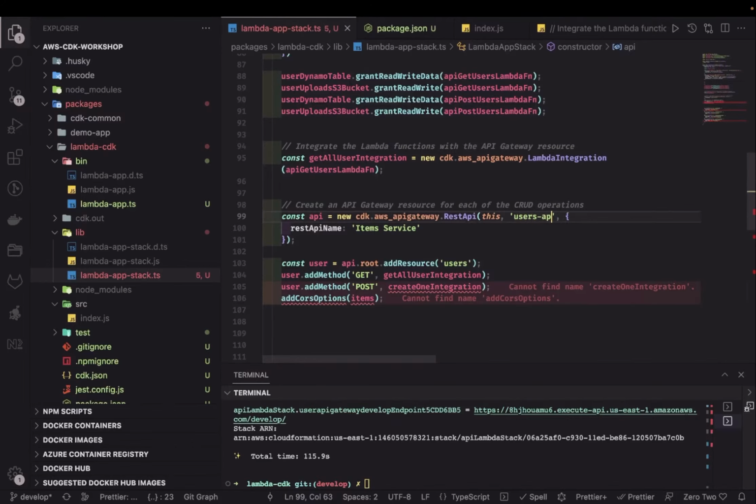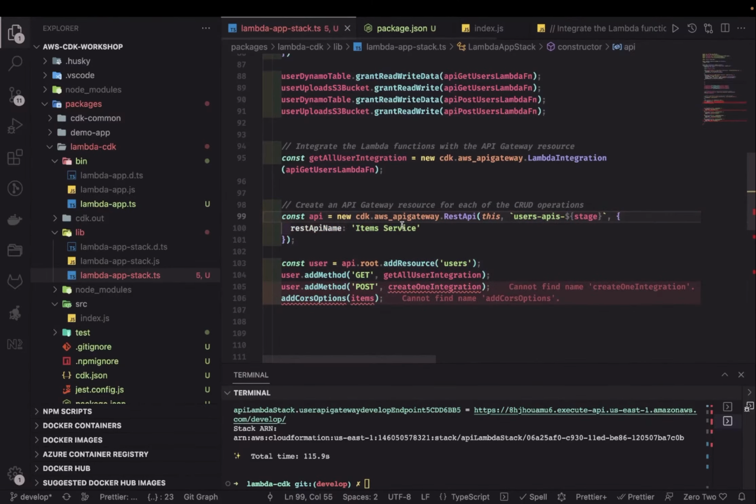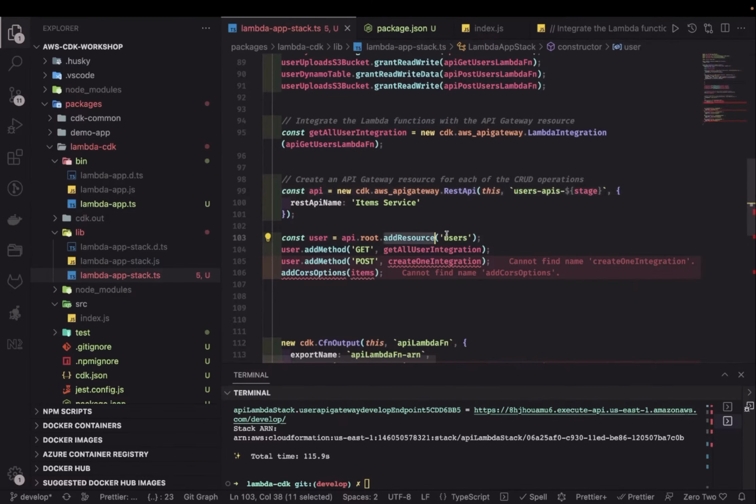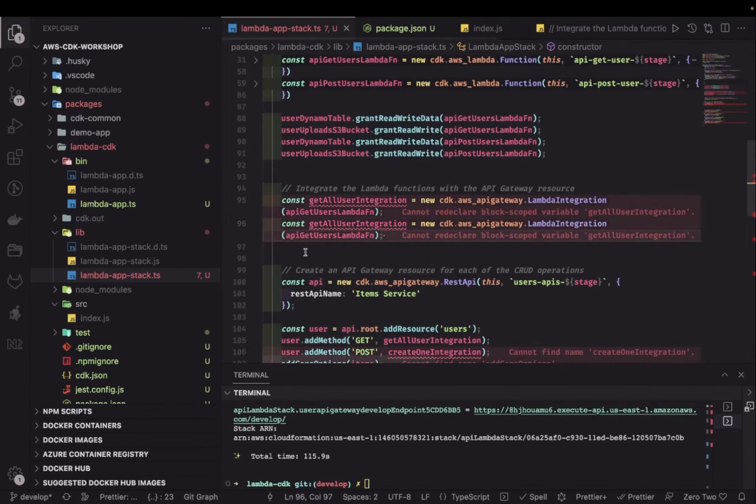It's users API, and I can put a stage here. This is my stage name. And this is the resource I'm adding, users. So it will be HTTP users get, HTTP users post, and then there is another integration we need to create for the second lambda,